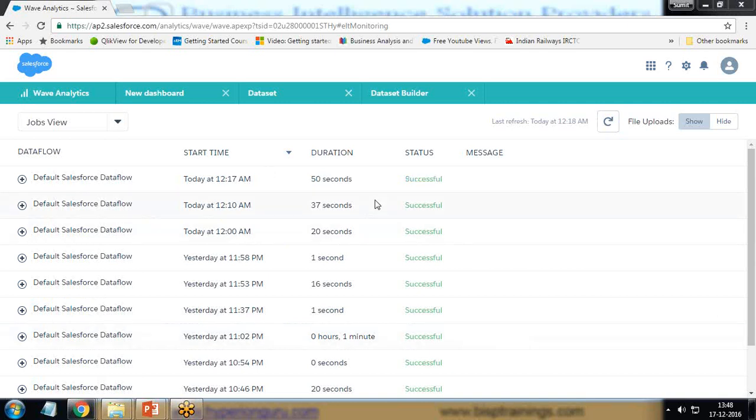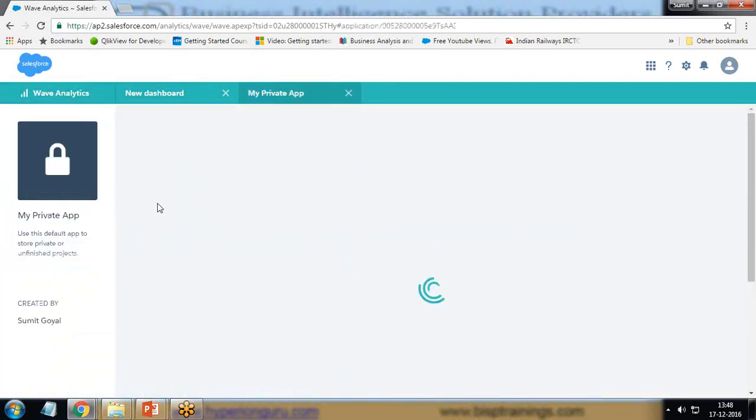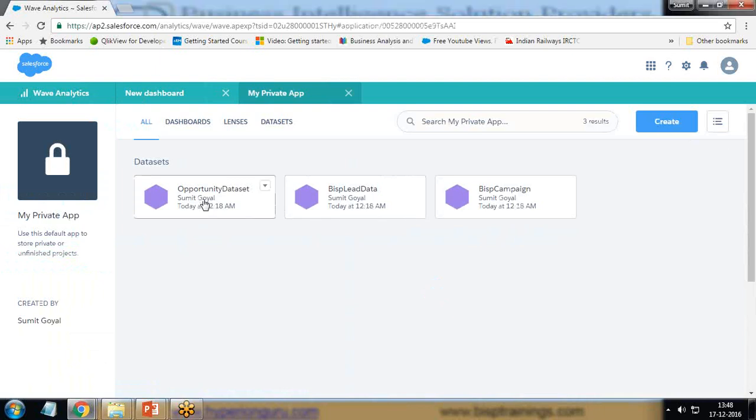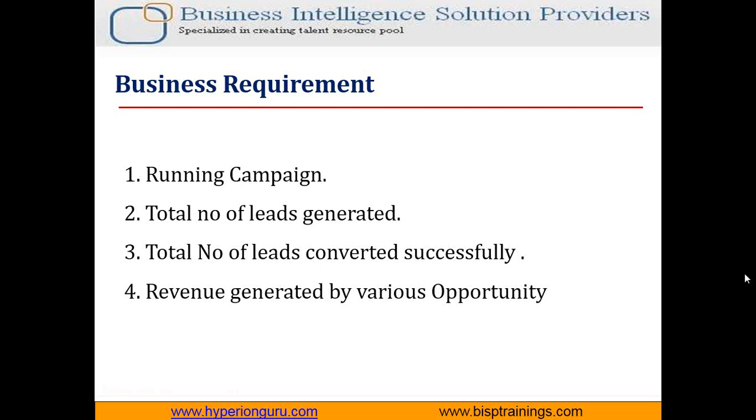So the data loading has been completed successfully. I close this data set. I'm not requiring this data set as well, and I switch to my private app, and we have got this opportunity data set. So the next requirement is